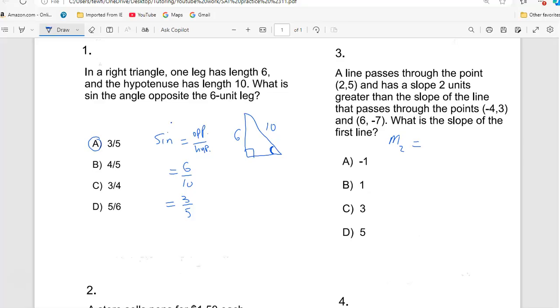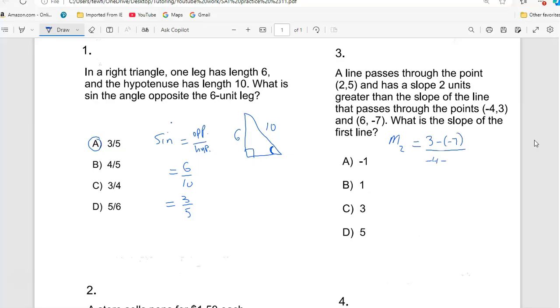So I can say 3 minus -7, or -7 minus 3. It doesn't matter as long as you do the same order on the top and the bottom. So if I say 3 minus negative 7 over what? Not 6 minus, no, negative 4, because you start with this point on the top, you have to start with the same point on the bottom. So it will be negative 4